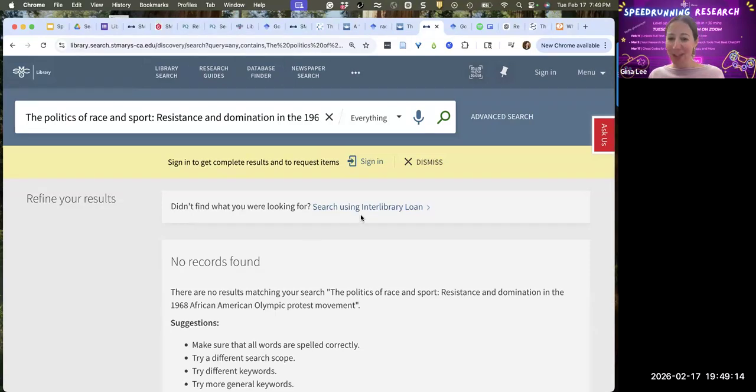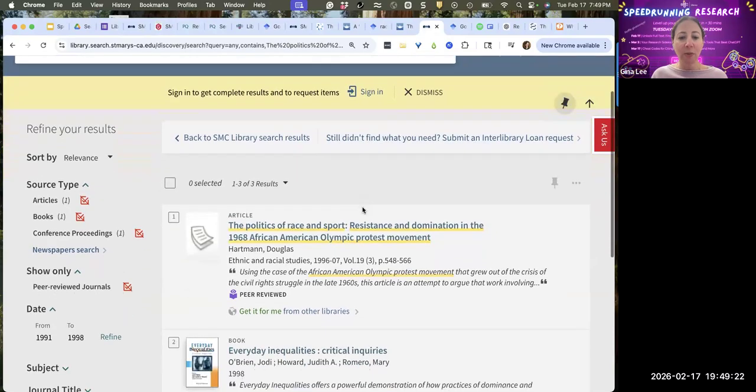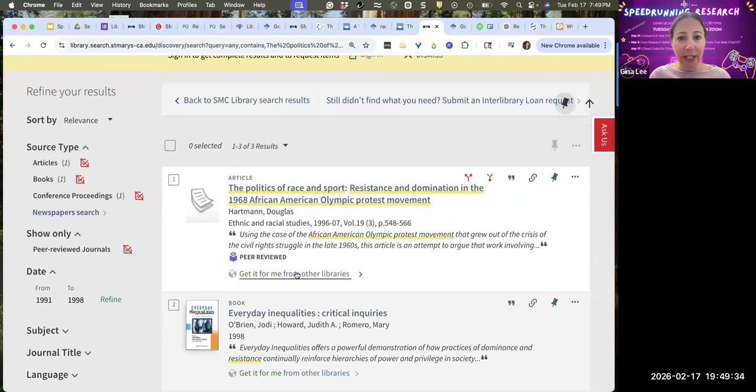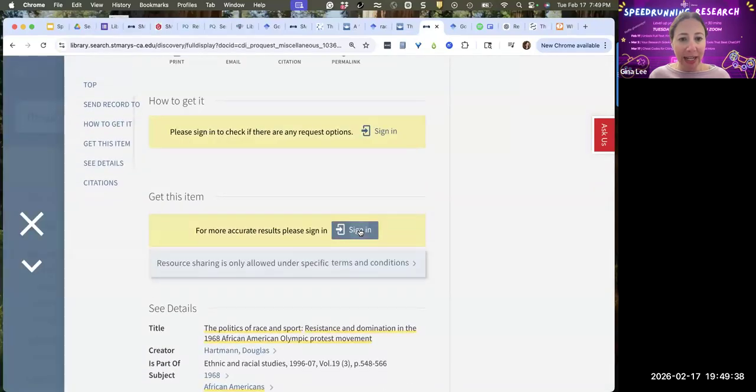So in this case, we didn't happen to have this particular article, but there is a backup option, which is interlibrary loan, as we were talking about before the recording started. So in this case, we could click search using interlibrary loan. This is a way for us to tap into a network of libraries beyond St. Mary's that can share articles and book chapters and books and other items with us. So in this case, I would click get it for me from other libraries. I would sign in